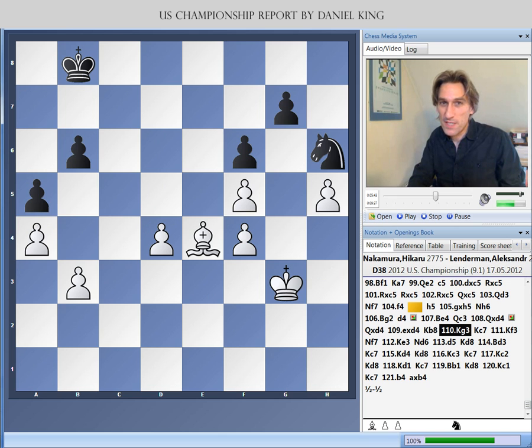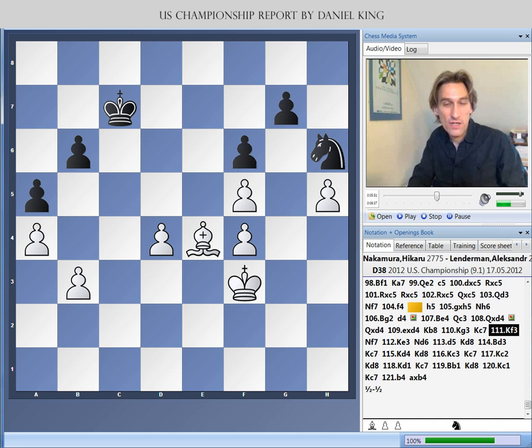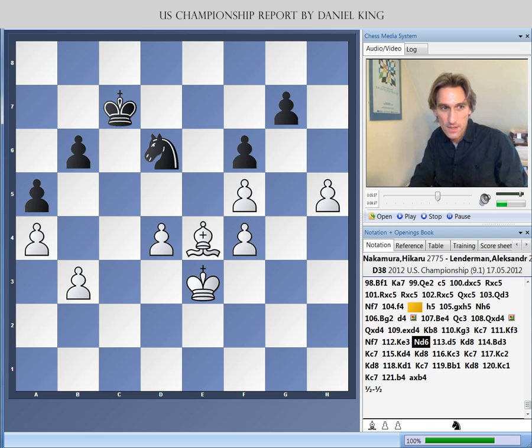The drawing technique is exactly the same as I examined in a previous clip. This drawing technique that Tigran Petrosian used against Walter Brown. Let's have a look. The knight swings round and sits on this fantastic square d6. So the knight controls b5. This pawn here controls c5 and a5, and this creates a barrier. This square is also controlled by the knight. So because there's this barrier